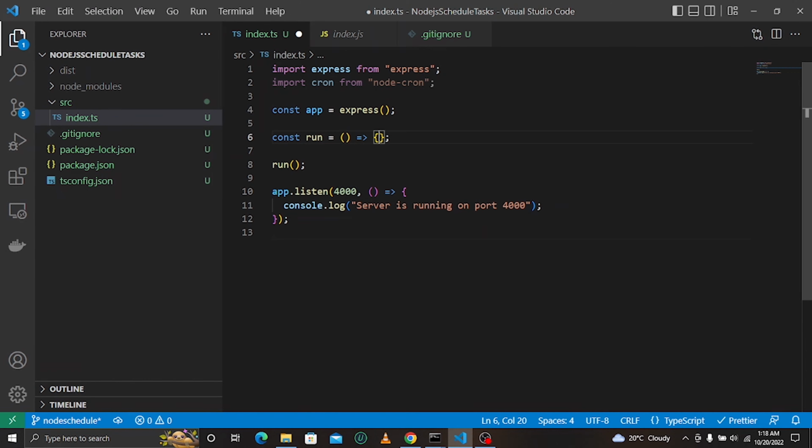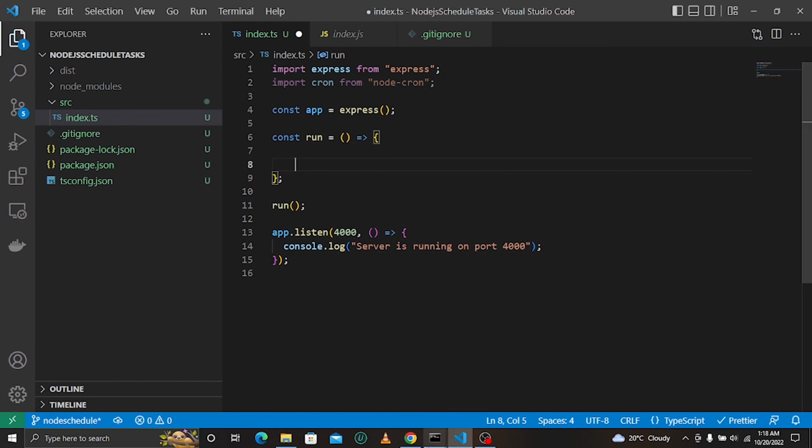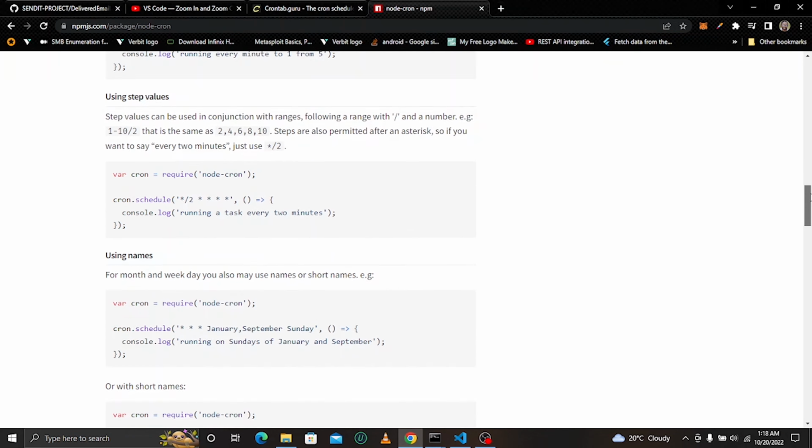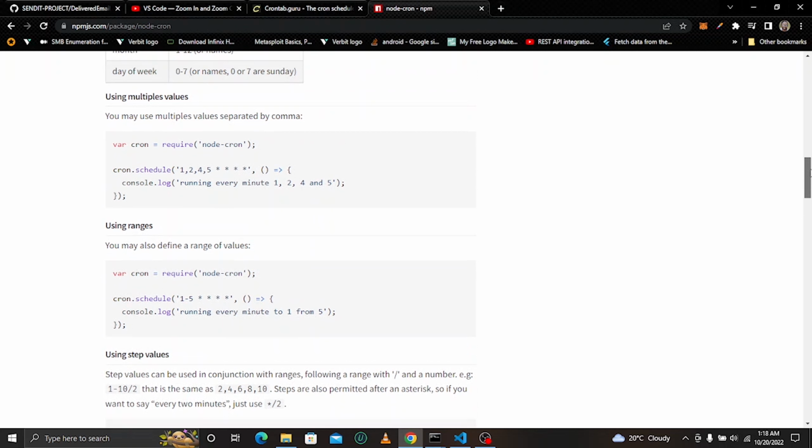So we just come here, and then we can see how we can use it. We can maybe copy something. We can just say something like cron.schedule,